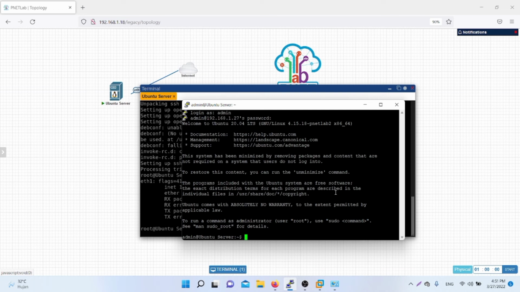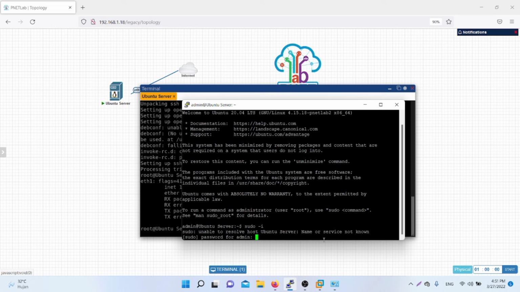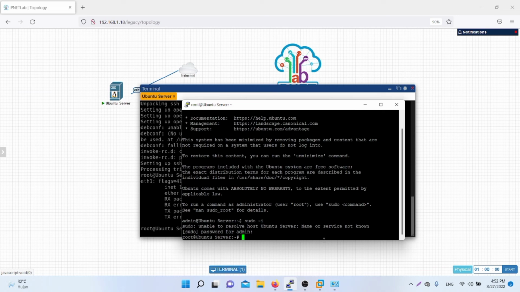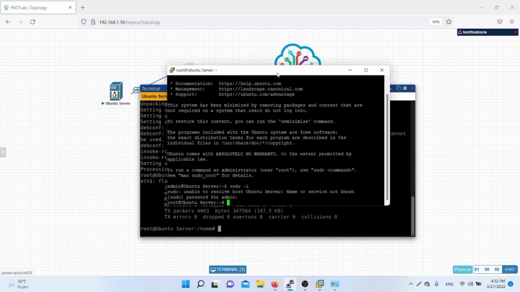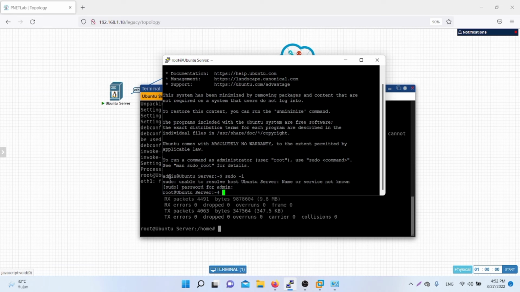Nah, apabila tampilannya sudah seperti ini, we must enter the command sudo -i, or we go to admin. From user admin, we go to user root from remote Ubuntu server.